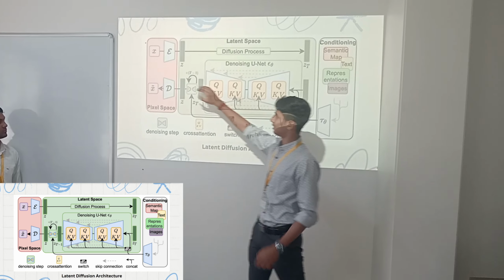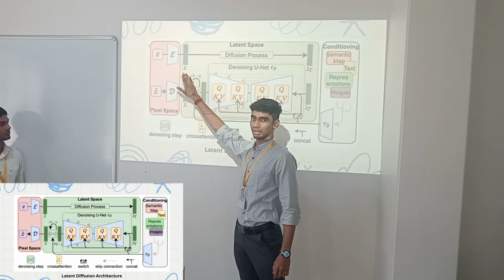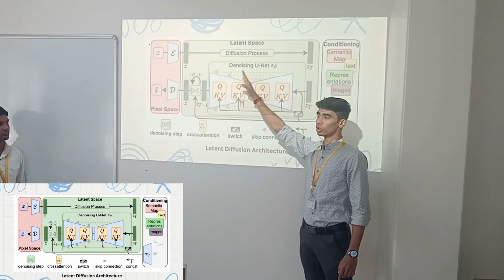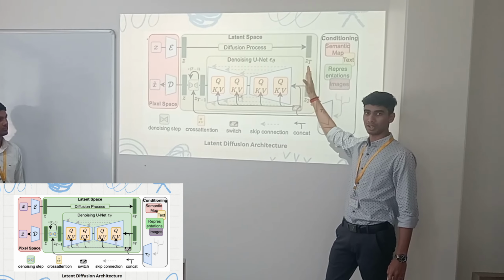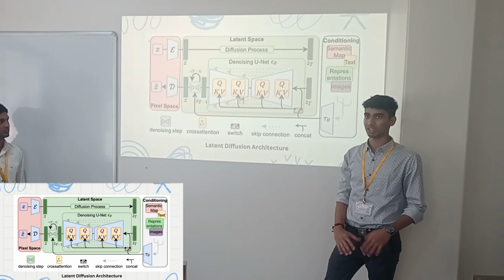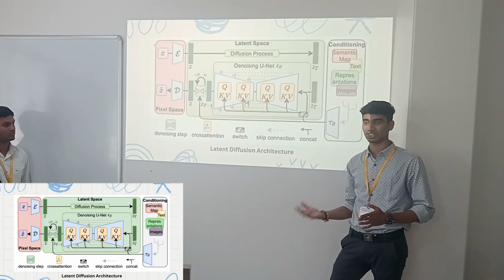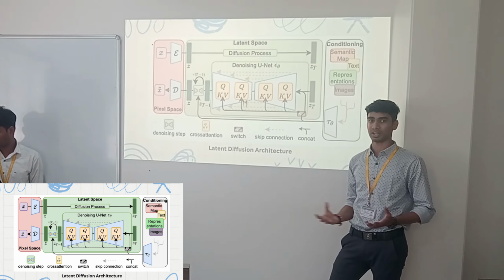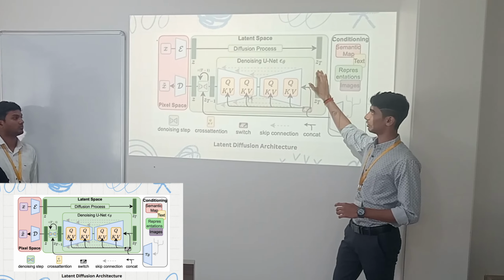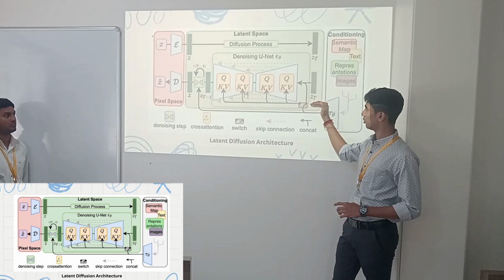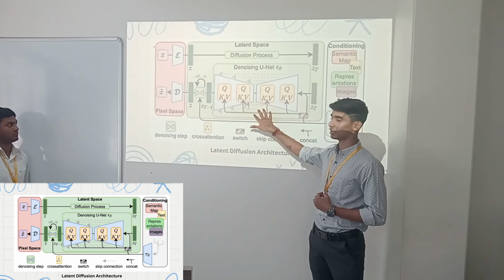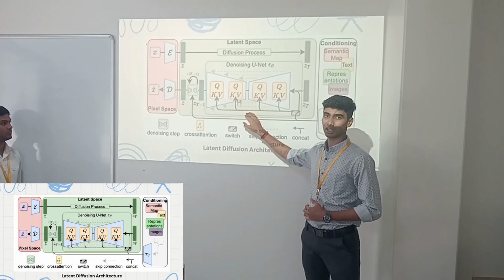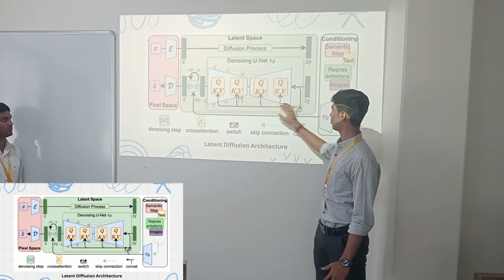So Z here represents the purely existing data set sample, and iteratively we add the noise to the image until we get Z capital T, where capital T represents the end of the timestamp, that is the final timestamp, where ZT is basically a fully random noised image. Now this is the forward process, and then ZT will be fed into, as you can see, a UNet type architecture. ZT will be fed directly into a UNet kind of architecture.